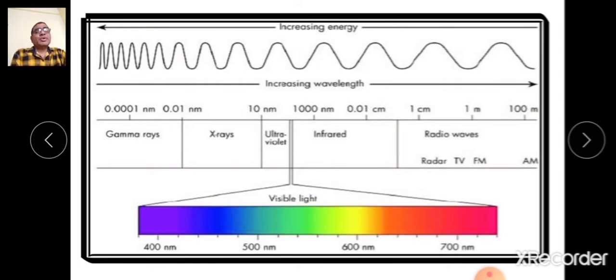Now we are studying infrared spectroscopy, visible spectroscopy, ultraviolet spectroscopy, and NMR, that is nuclear magnetic resonance spectroscopy. For that purpose, the radio waves are used. For infrared spectroscopy, IR radiation is used. For UV visible, UV visible radiation is used. Now, the radiations are useful for a number of purposes.